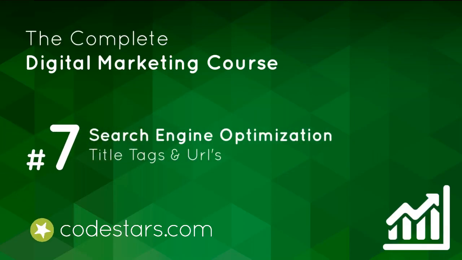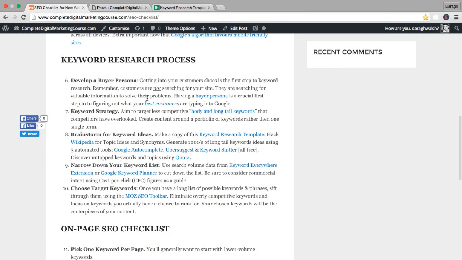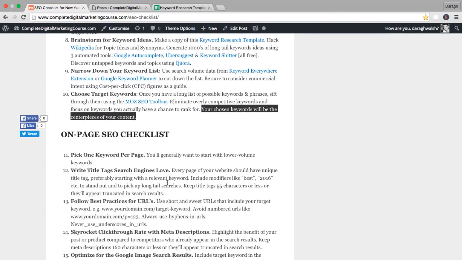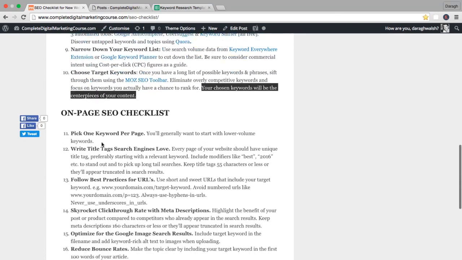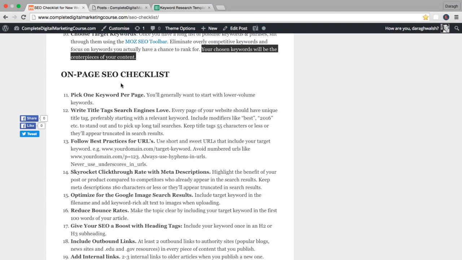In the last lecture, we finished off on our keyword research process. You now have your chosen keywords, which will be the centerpieces for your content. So what we need to do now is actually create content around those keywords. And in this lecture, we're going to get started on that process and really move into the on-page SEO section